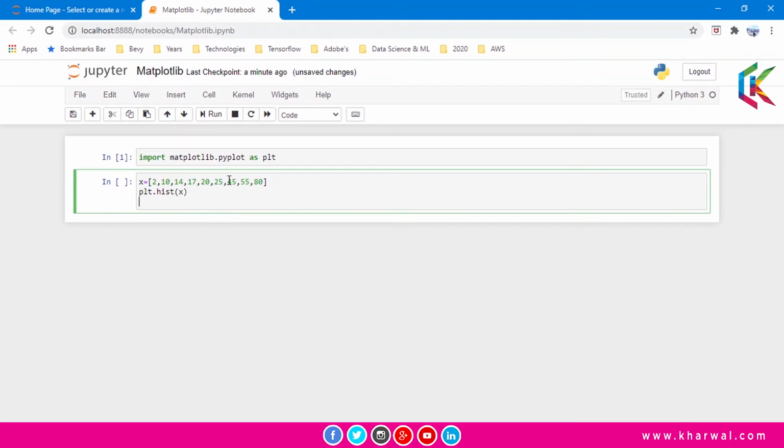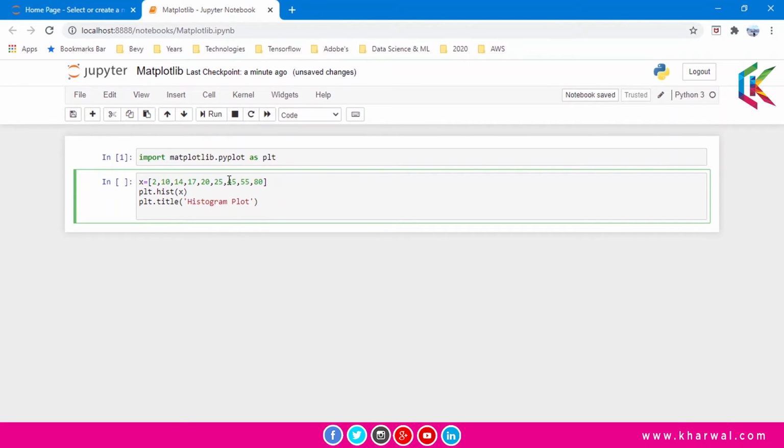Now let's add the title. Now let's add the x label.